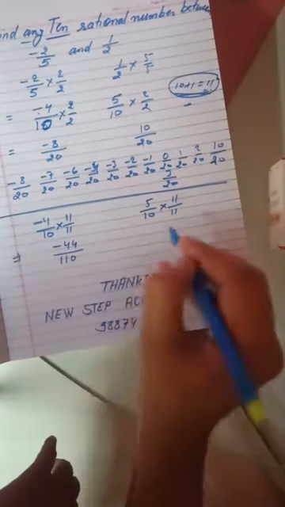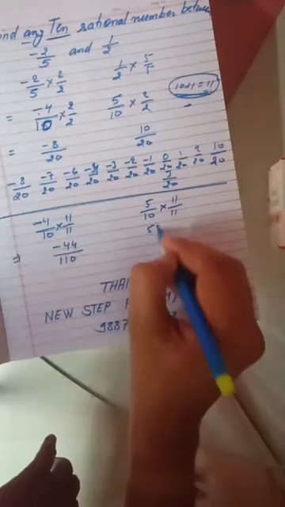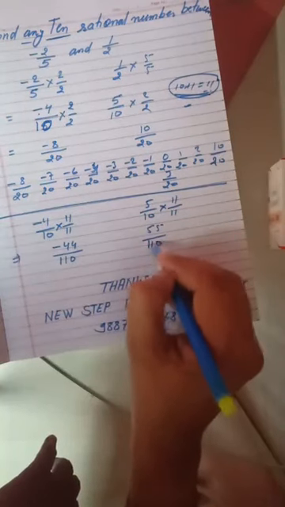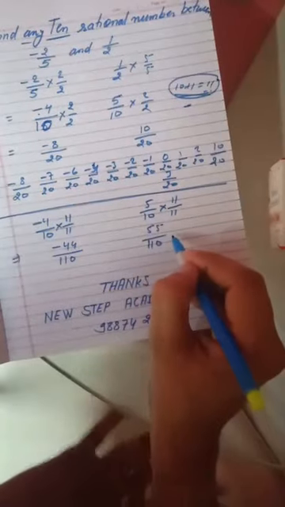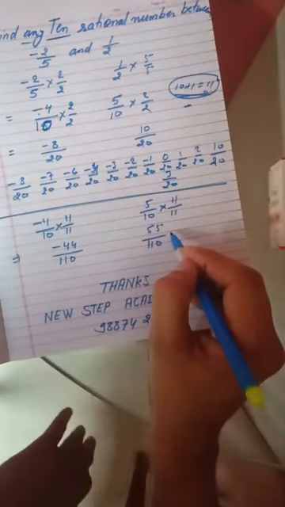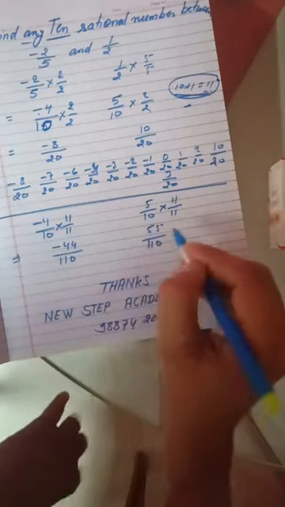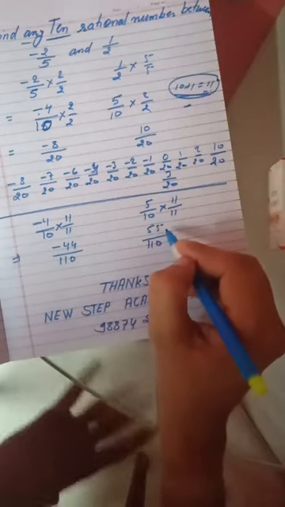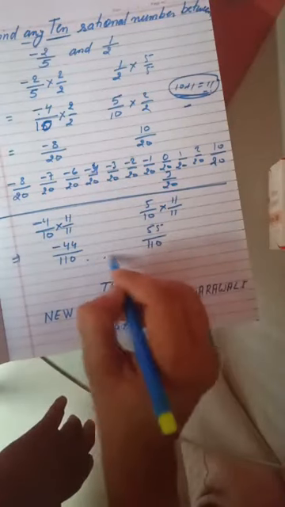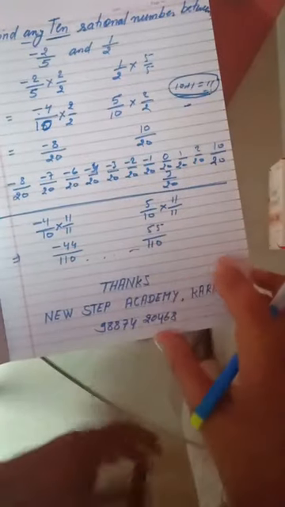The numbers become -44 divided by 110, and 55 divided by 110. Now you can find so many numbers between these, 99 numbers you can get. Okay, -44 से +55 तक आपको 99 नंबर्स मिल सकते हैं. तो you can write between them any 10 numbers according to your choice.